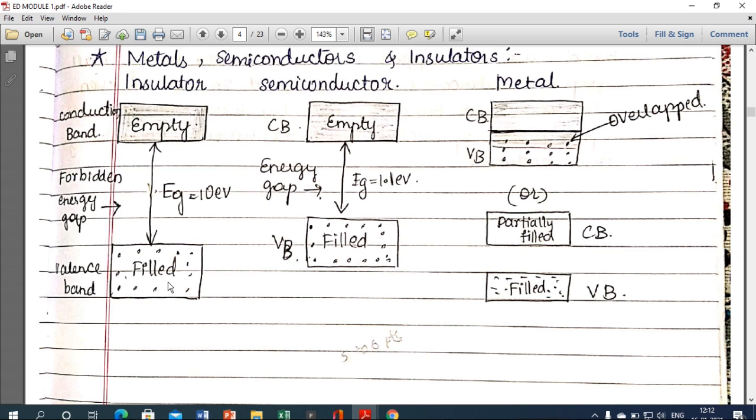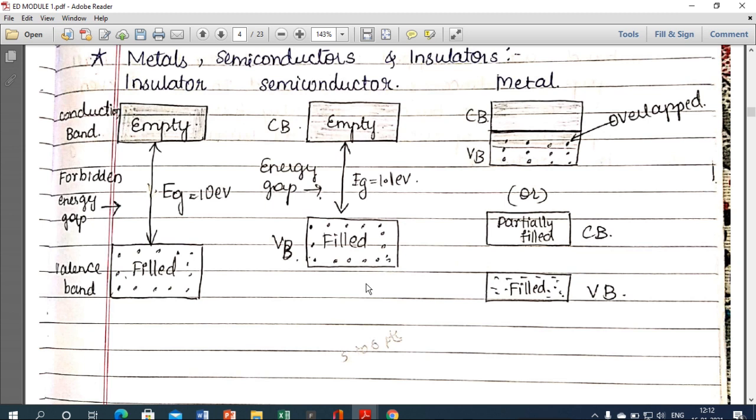If I take wood, I hope you guys know about wood. If I start applying an electric force to that wood, at a maximum voltage, it will start burning rather than conducting. So because of that, in insulators, whatever energy you apply, it will never cause the flow of current. Instead, it starts burning. Now next we'll move on to the semiconductor.